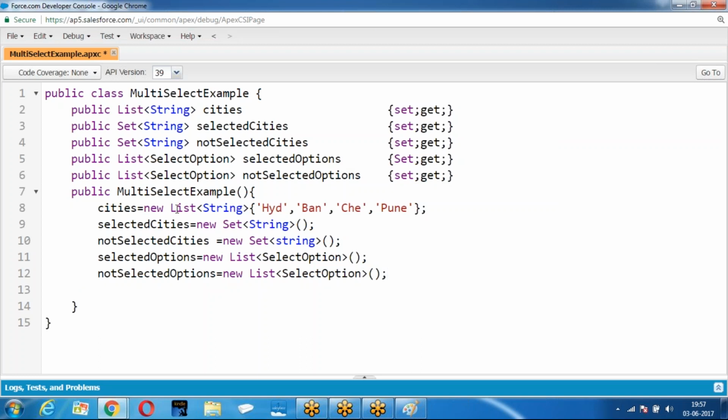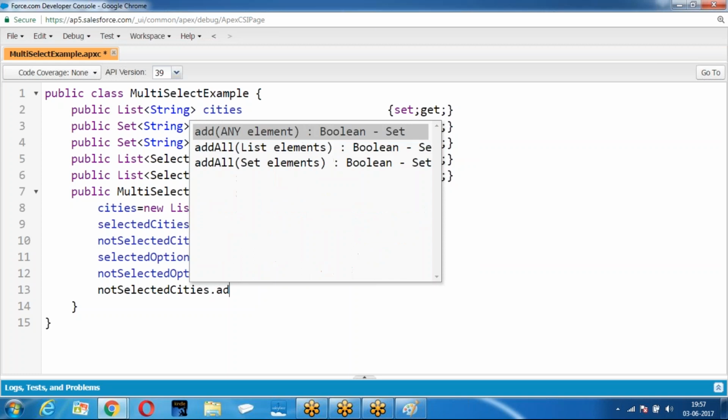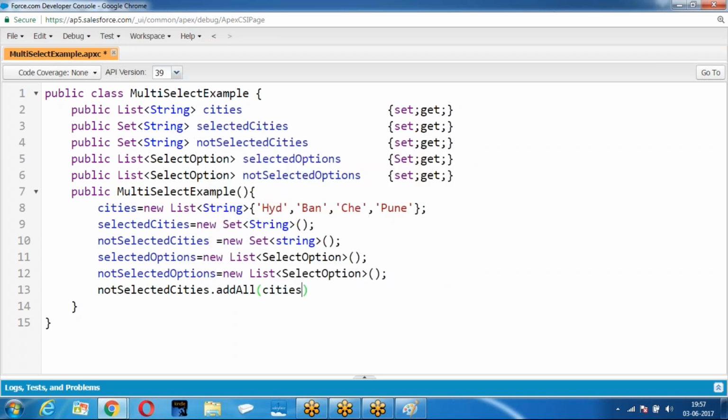All the city names should be added to what? Not selected cities. So what? Add all. So now what is there in non-selected? Hyderabad, Bangalore, Chennai, Pune. What are the values that are there in selected? No value. Okay, when the constructor is running, all the cities are in non-selected and there is no value in